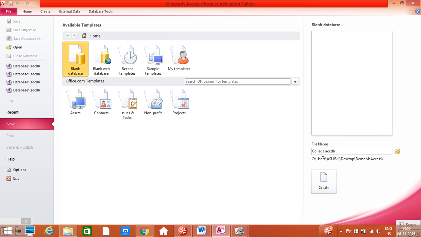You can see here your database name is college and it is inside the desktop in the demo MS Access folder. Click on create, and you can also notice that whenever we create a database, the extension for the database is .accdb.